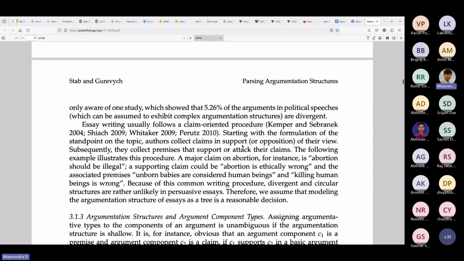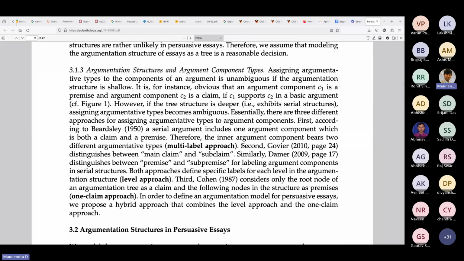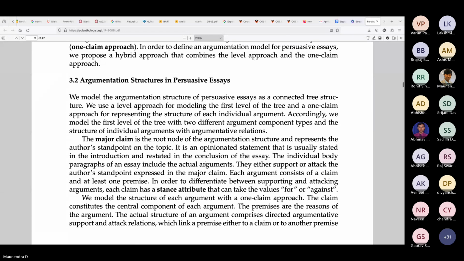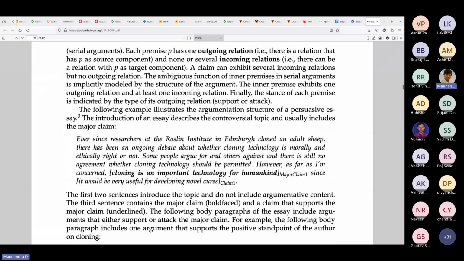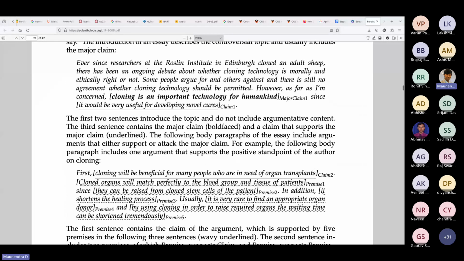Okay, so they have some examples. Since they're talking about argument finding, they talk about claims, subclaims, and premise, subpremise, this kind of nature. Here we have a couple of snippets from the document on which they present this example, and later they talk about methods. So ever since researchers at the Roslin Institute in Edinburgh cloned an adult sheep, there has been an